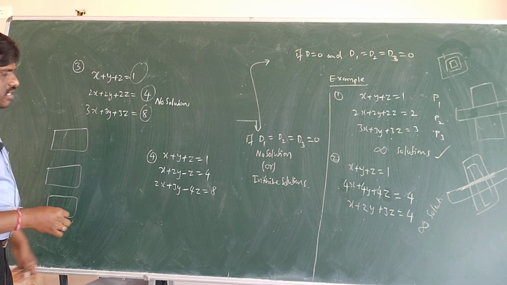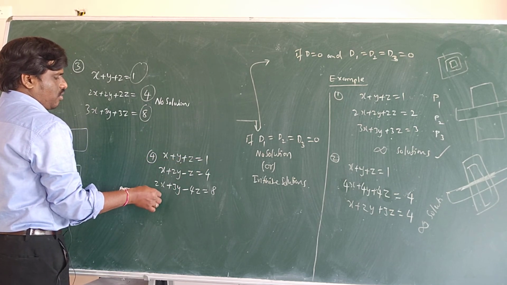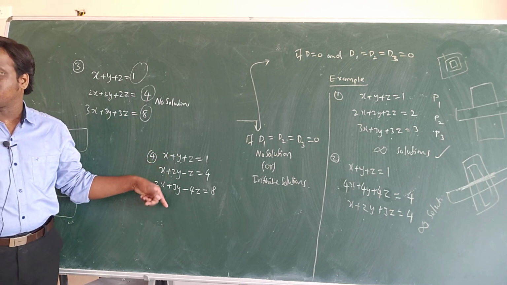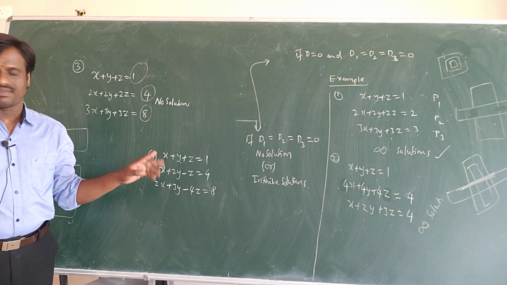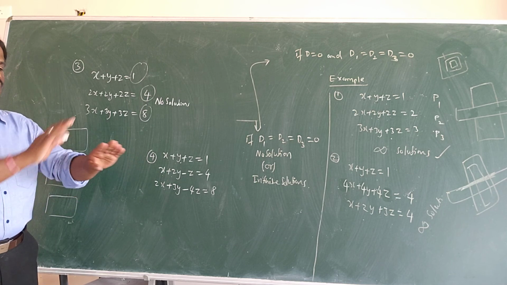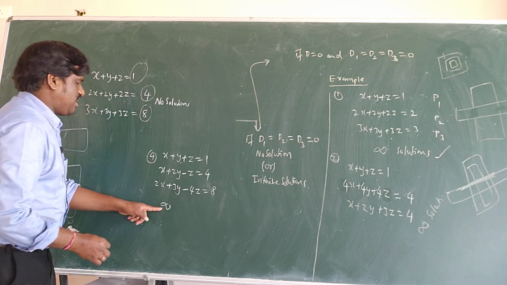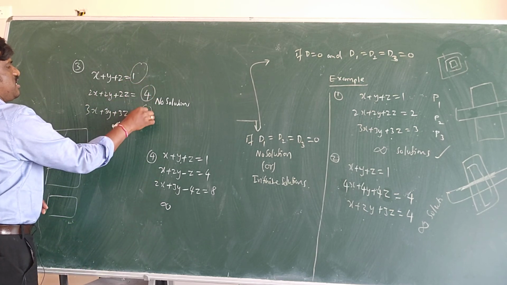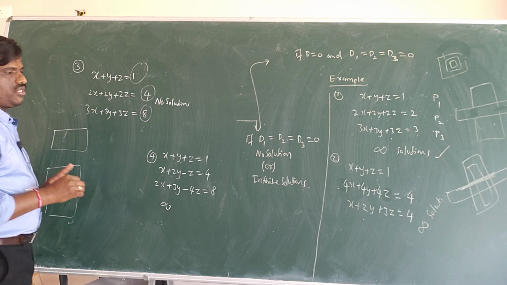And in this case, x plus y plus z equal to 1, and so on, you see that all are different, nothing is the same, even the coefficients, variables and constants are different. So in this case all three planes are intersecting planes. So here also infinite solutions. Everywhere infinite solutions. Only in the case where the constants are different and the variables are multiples of each other will you get no solution.